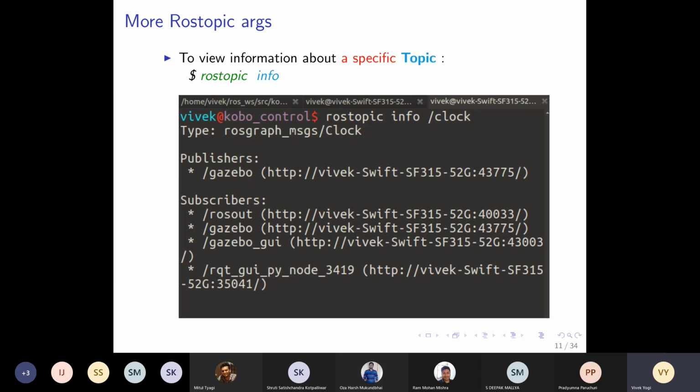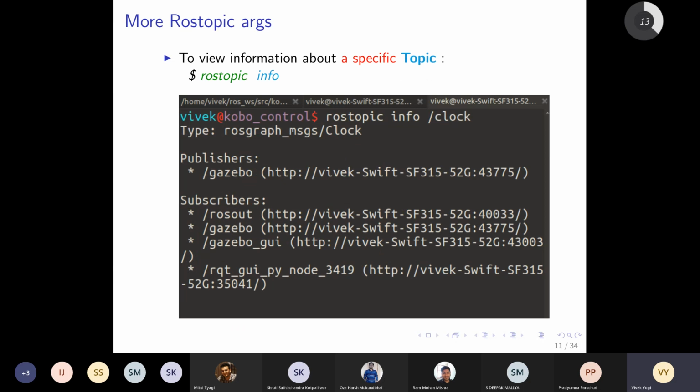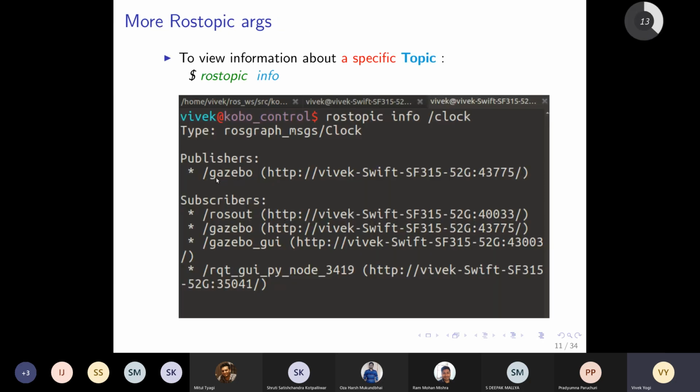Suppose I want to know what is inside this clock topic. Then I'm going to use the command ROS topic info clock, and it tells me what type of message there is. This is the ROS graph message clock, and who is publishing this message? Gazebo is publishing this message.